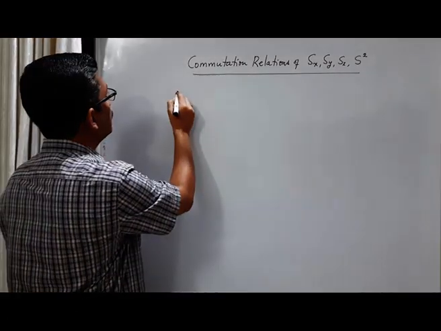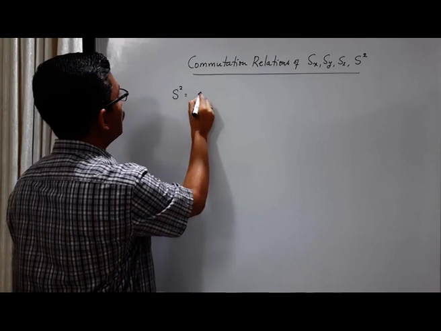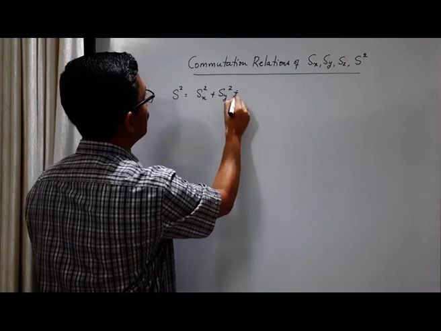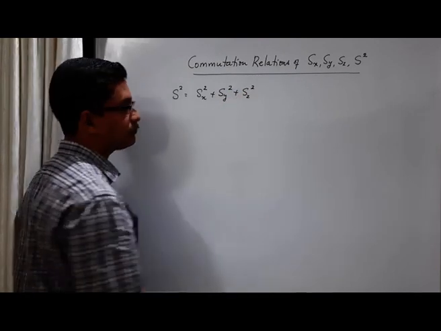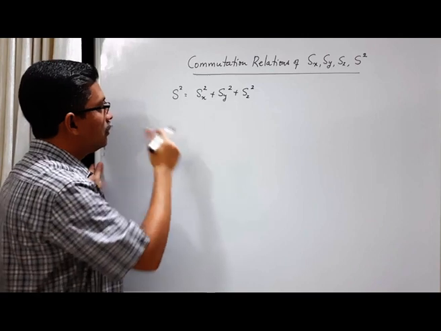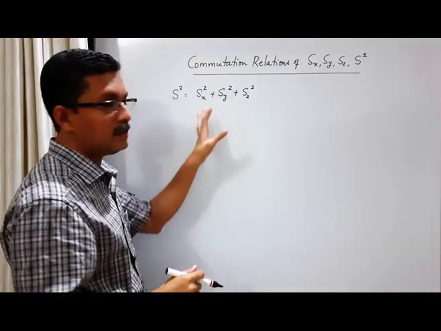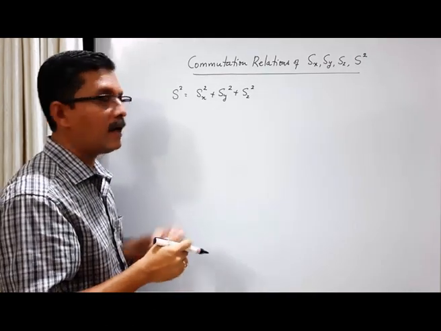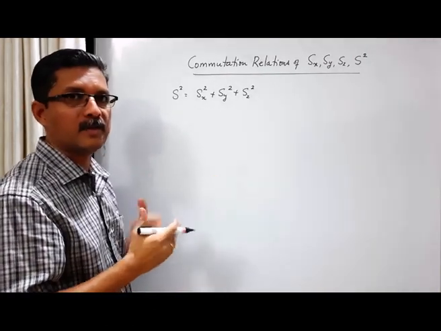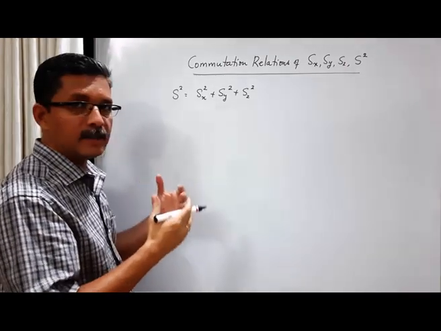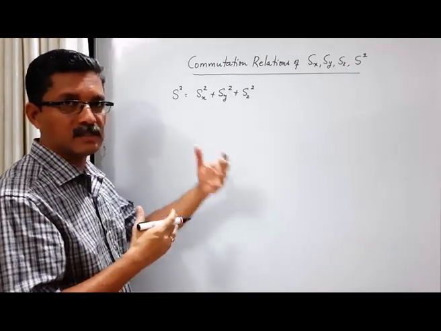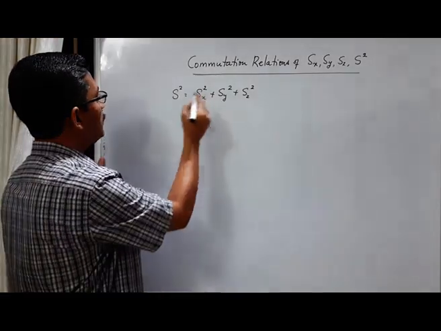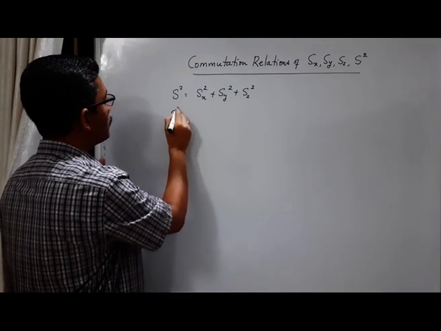Let us define an S square operator like this. S square operator is Sx square plus Sy square plus Sz square. So already we have seen the expressions for Sx, Sy and Sz operators in terms of the eigenkets of the Sz operator, in terms of ket plus and ket minus. So let us multiply the operator expression with itself, I mean operating twice, and see what is the expression for each. So let's start with Sz square.